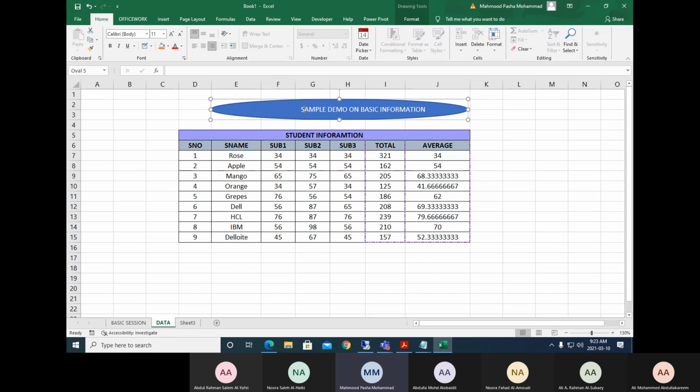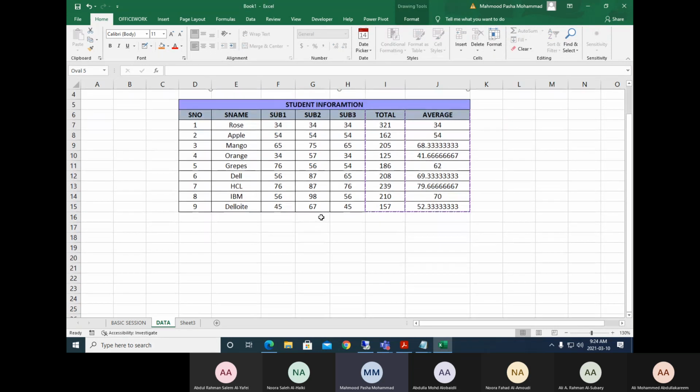For example, if someone asks what is the maximum extent you can move this data, with alignment it is only right alignment. But if you want to move it more, then you can use these indentations. So this is the only thing we can do here, right? These are the things we can do here.